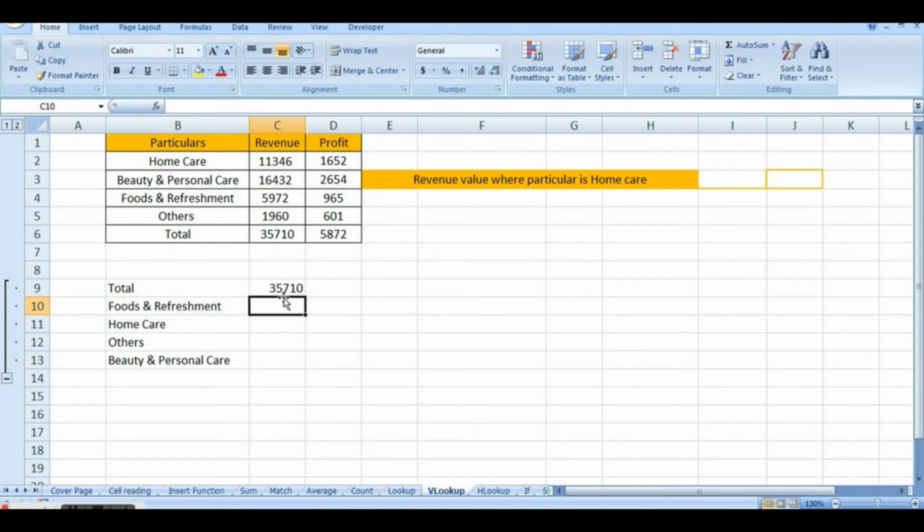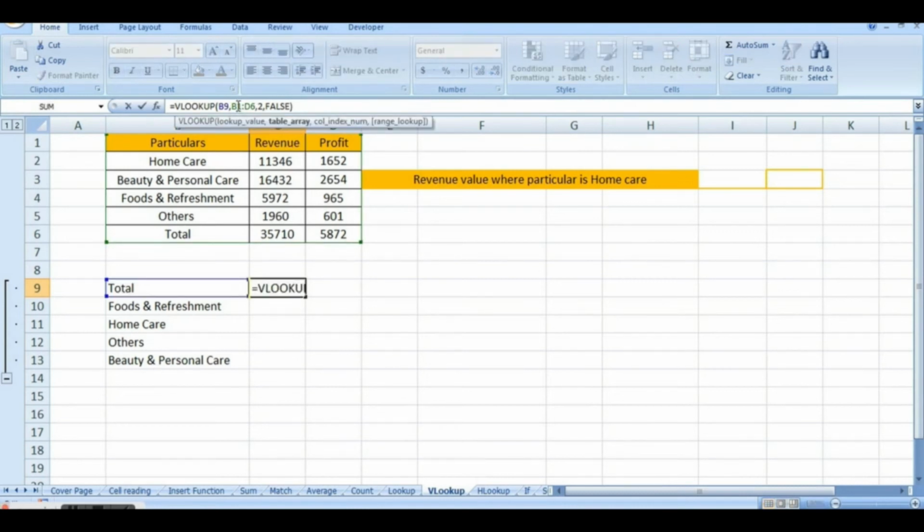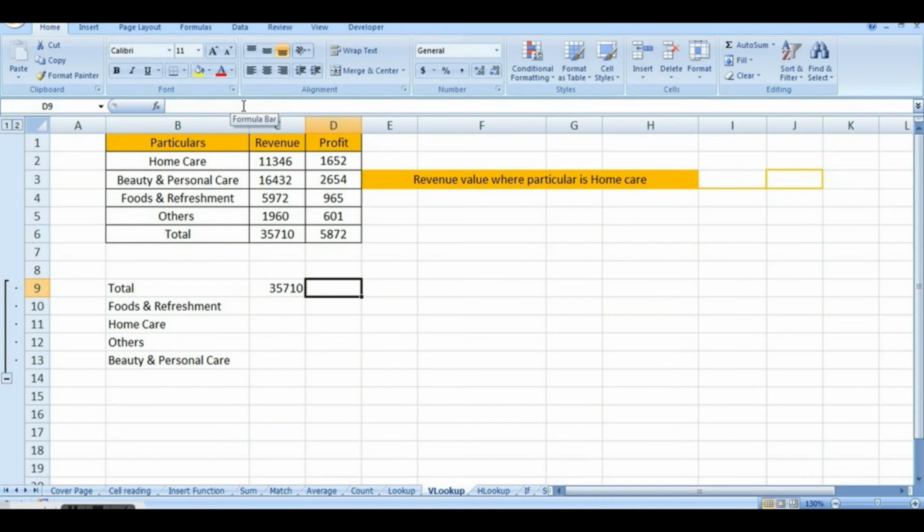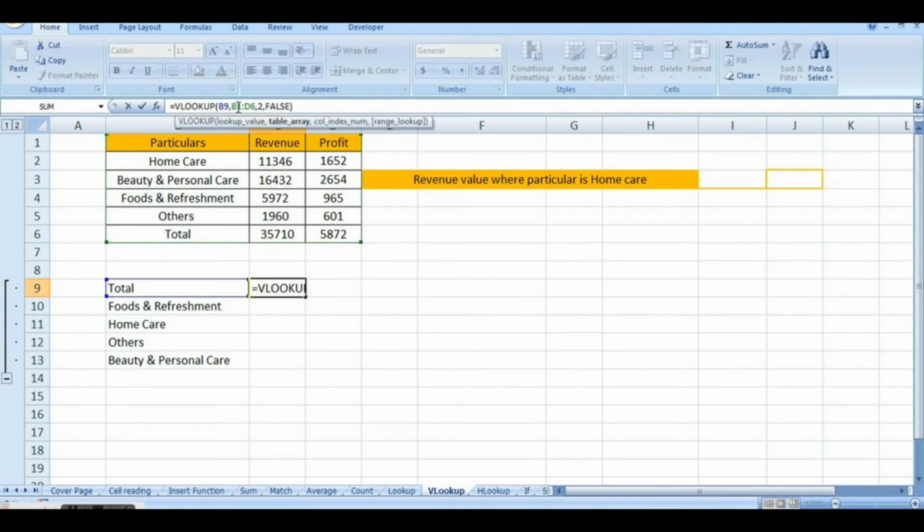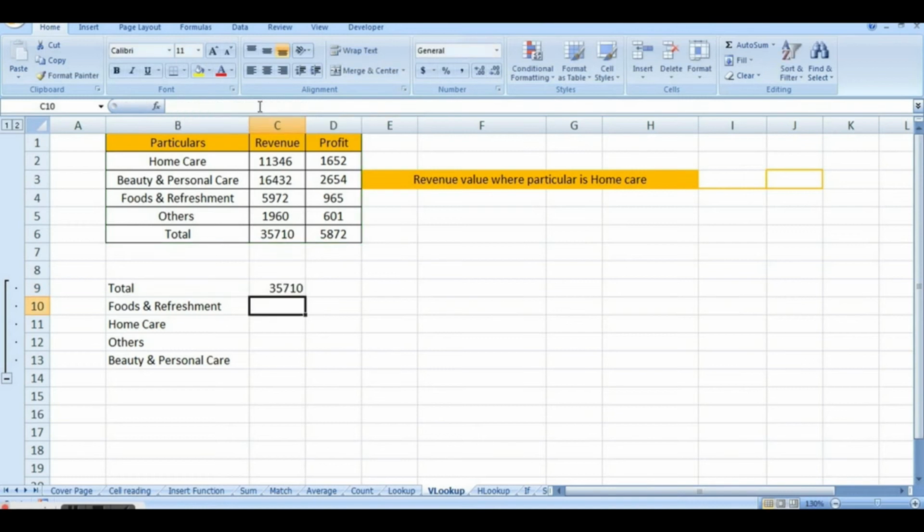Here I can simply drag it, but before that I have to think of the referencing. I don't want to change this column area because I want to select the other values from this column only. So I will freeze them by putting a $ sign on the column area that I have selected.